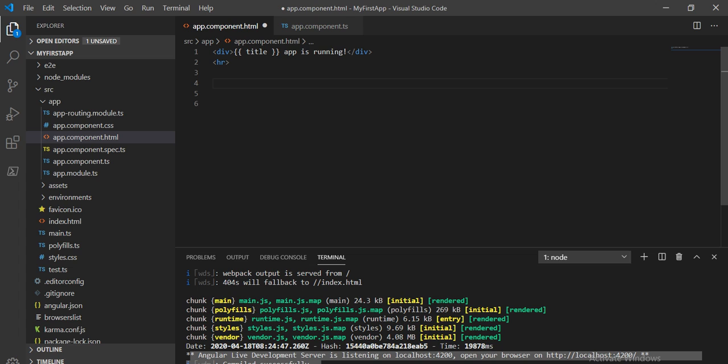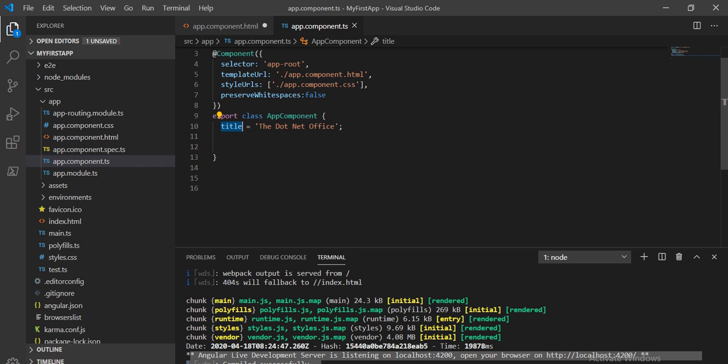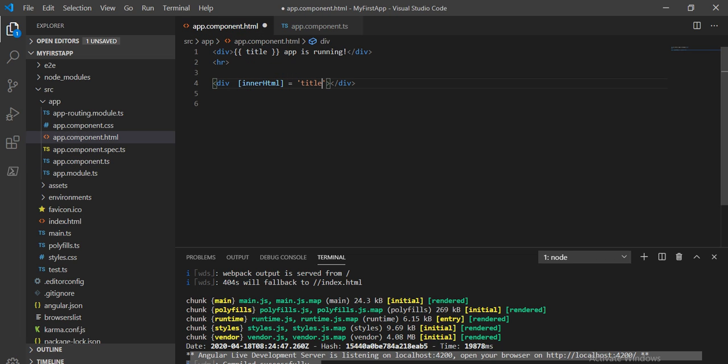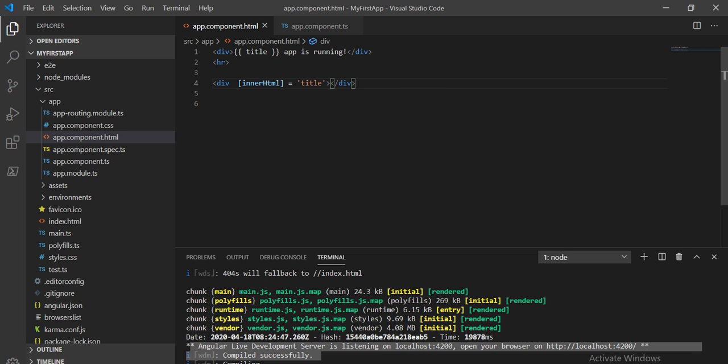So what I will do, I will take one div, and here we have to take one property of this div. Like I will take inner HTML, and I will assign a property to this one. And to assign the property we use double quotes, and I will assign this property called title only. So I have put it here, the property of this div element, that is inner HTML, and we have assigned one expression to this. So now let's save it and see on the browser.